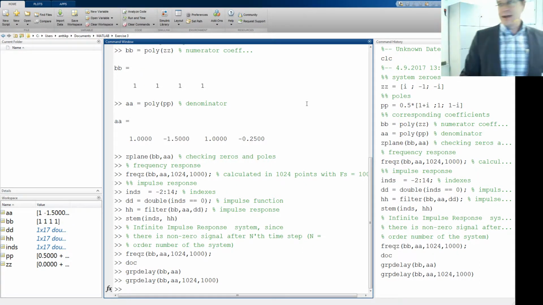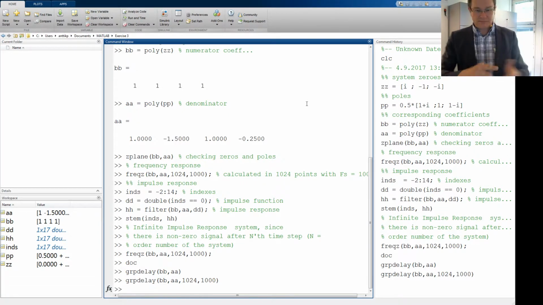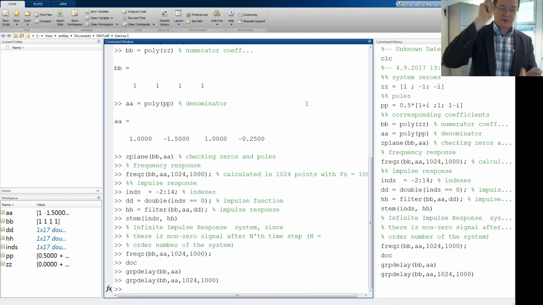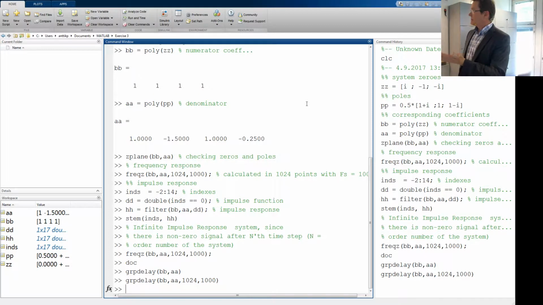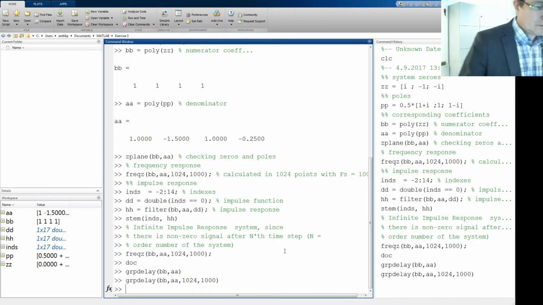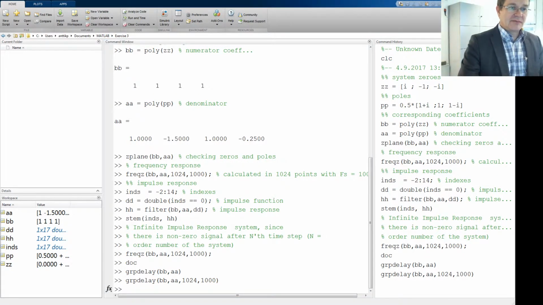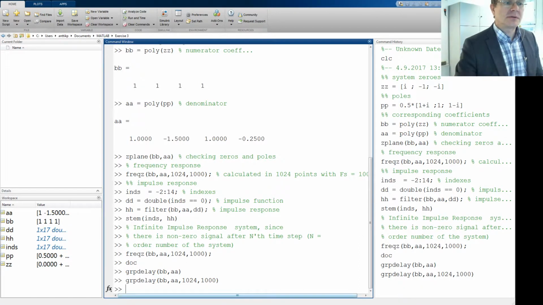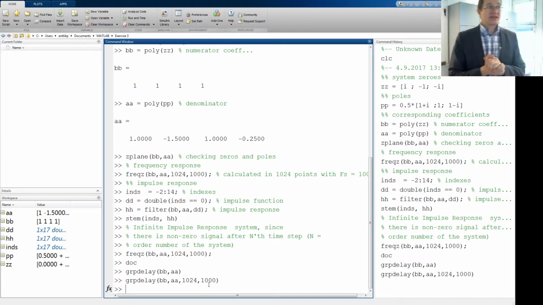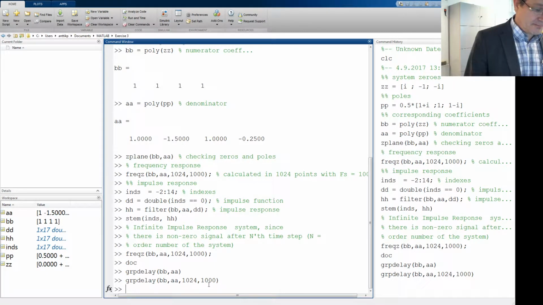Okay, so group delay. Yes. So frequency response, amplitude response, group delay. Now we need some voice. I think we need some voice. No, we need to scale the filter, since we still have the problem with the